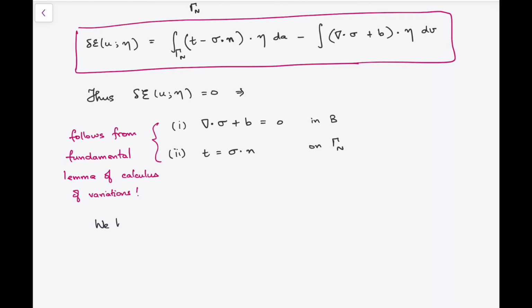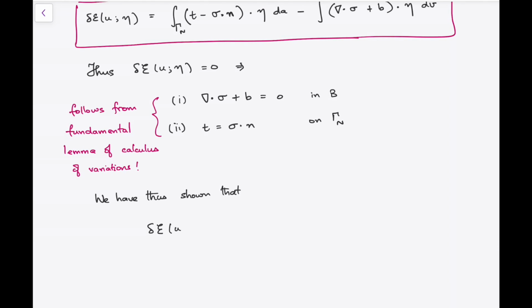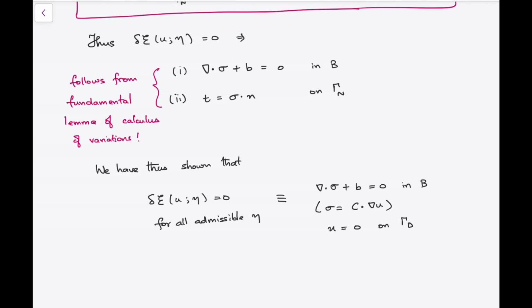So what we have shown now is the following. If we set the variation of the energy functional with respect to u to 0 for any admissible test function eta, that is entirely equivalent to the governing equations of elasticity that you might have seen in the context of a solid mechanics course or a continuum mechanics course. Okay, so that you just have this simple elliptic partial differential equation, which is the well-known Cauchy-Navier equations of linear